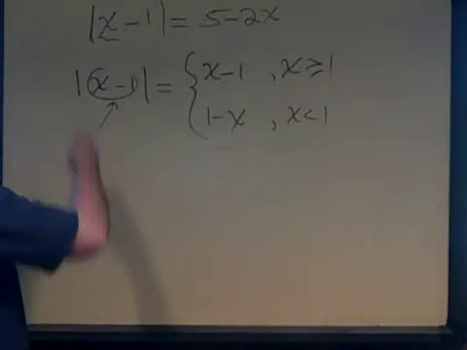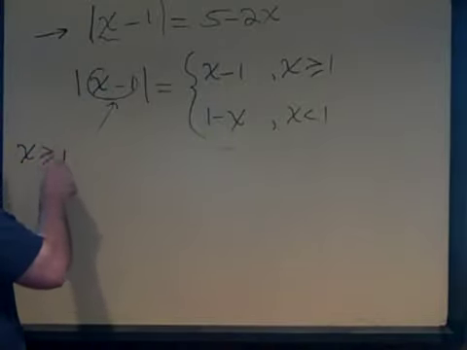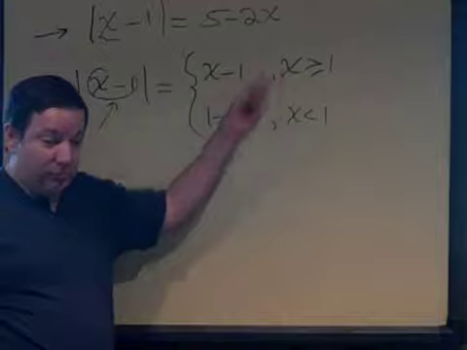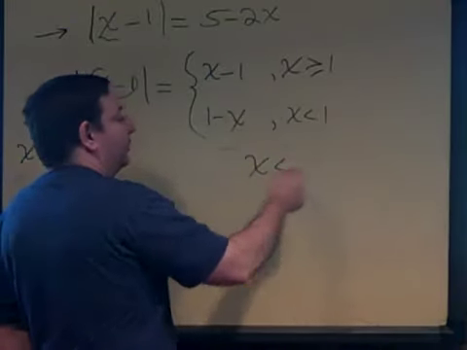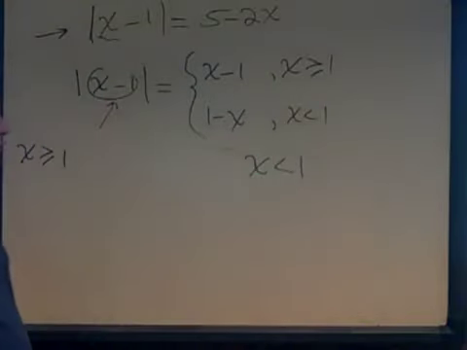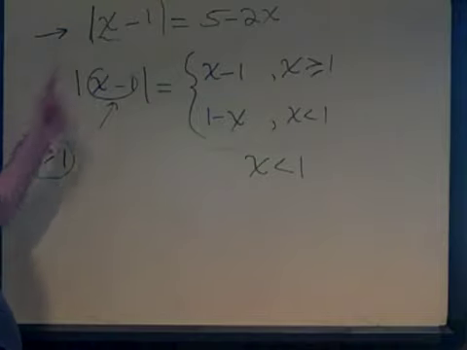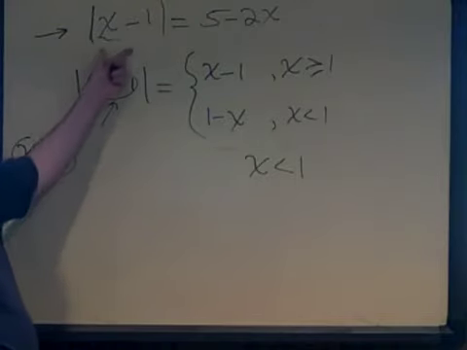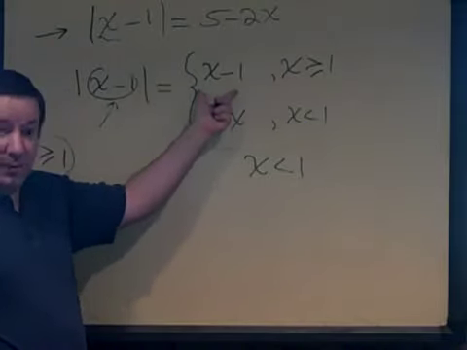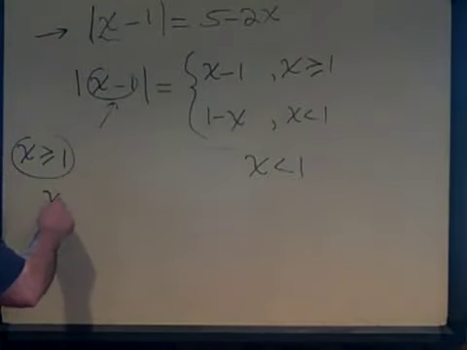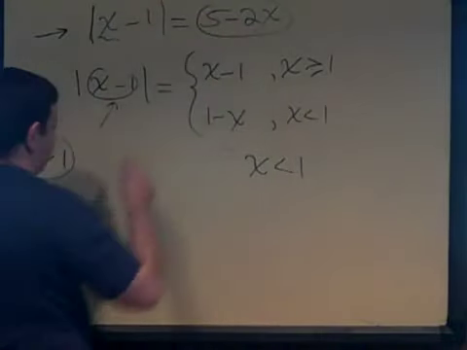what we need to do is solve this original problem. There are two cases. Case 1 is where x is bigger than or equal to 1. Case 2 is where x is less than 1. So if x is bigger than or equal to 1, the absolute value of x minus 1 is x minus 1. X minus 1 is equal to the right-hand side,